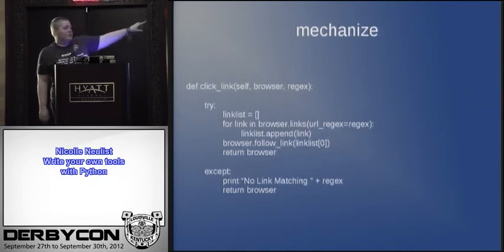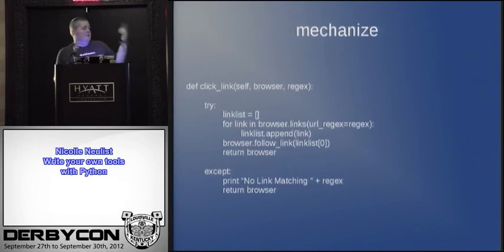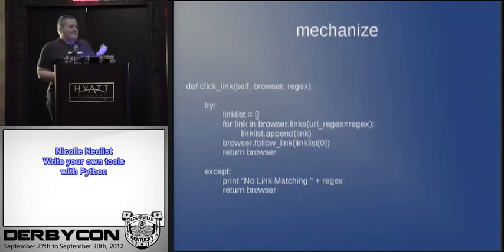And then here, click the link. You have your browser item that you instantiated with that previous code. And you go through, look for any specific, I have regex there, just like what you're looking for. It's not always a regular expression, it can be just a string. And look for it, follow the link, because it's got that nice follow link, you click it and it goes there. If it doesn't find it, you can make it complain. But this is just a nice, easy, high level, how to script a web browser session.